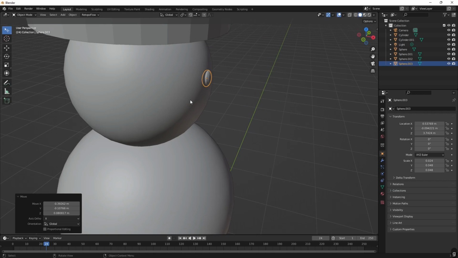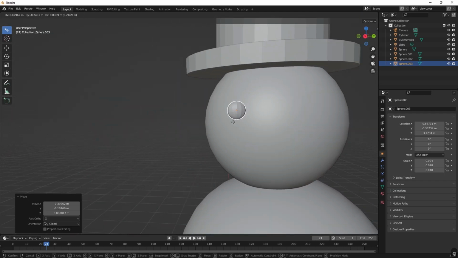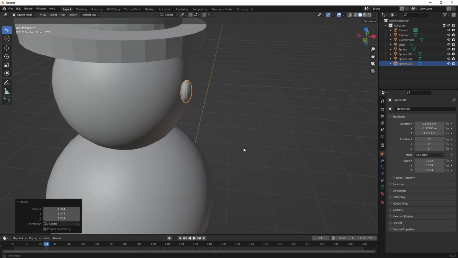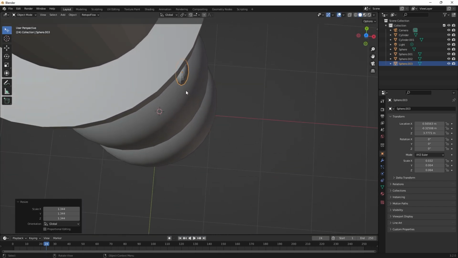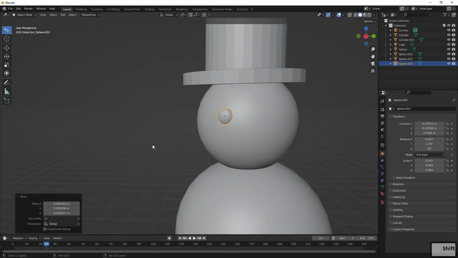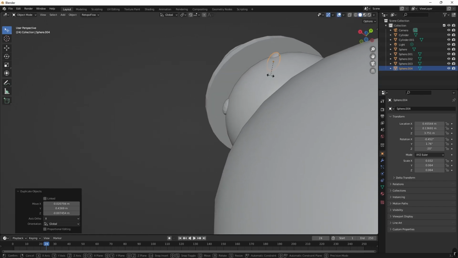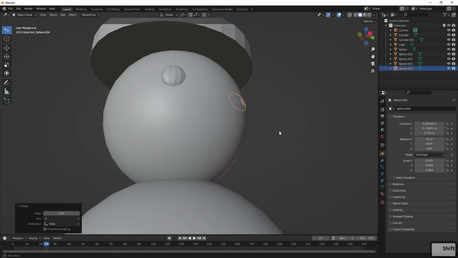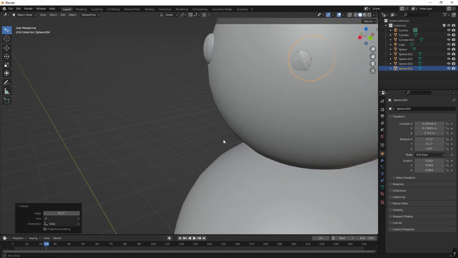And then G, let's get it right there. G right there. Maybe scale this a little bit bigger. And then we can rotate using the camera so that we get this as close as possible to the curvature. There we go. Shift D and just move it to the other side. Move the camera, rotate. And this is a concept I love talking about, which is, I like to call it